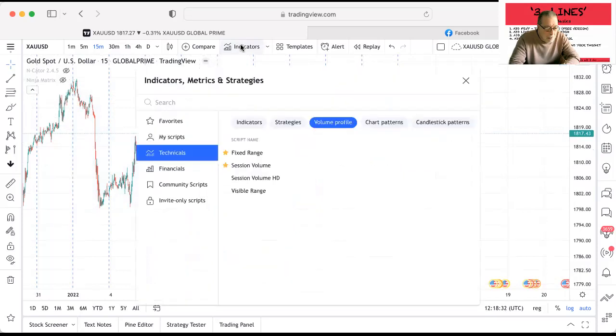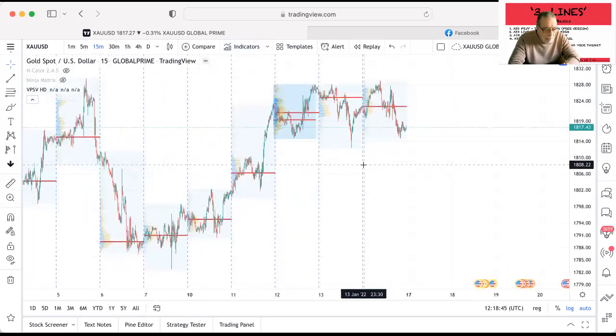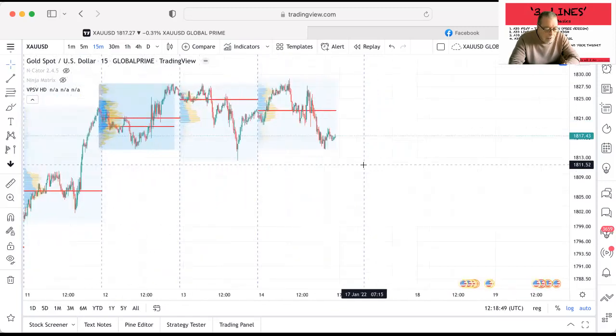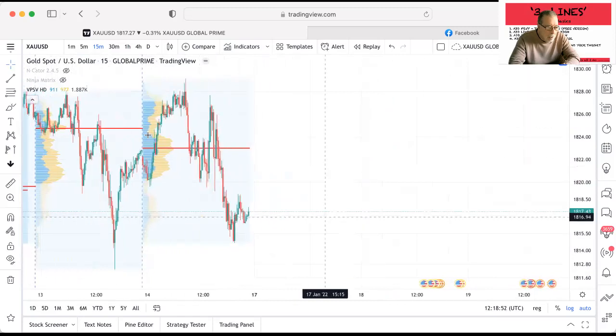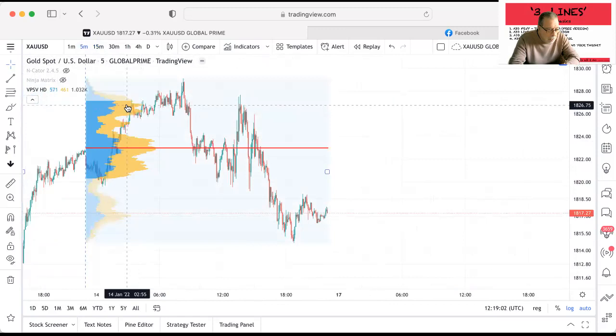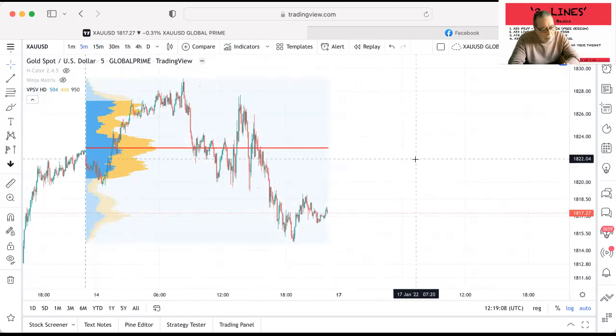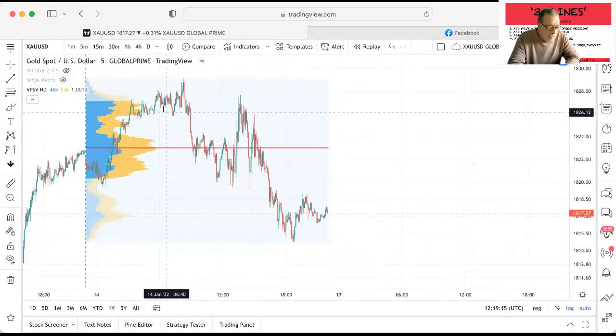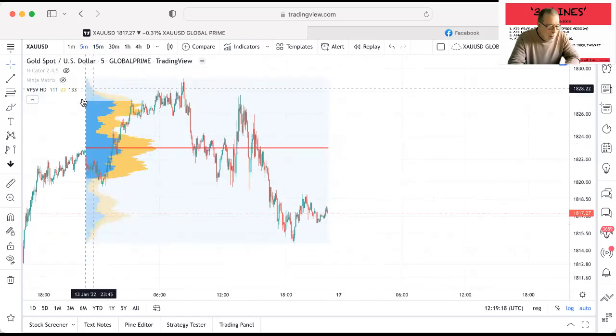So go to indicators, technicals, volume profile. Session volume HD is very similar to the session volume, except it gives more detail and it varies according to the timescale that you're looking at. So we're looking at this one on the 15-minute chart. If you look on the 5-minute chart, it actually goes down to greater, they call it more granular. It's a bit like television pictures with SD quality and HD quality. It's still giving you the same values. So close that one